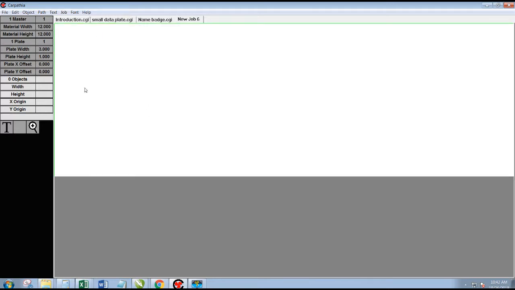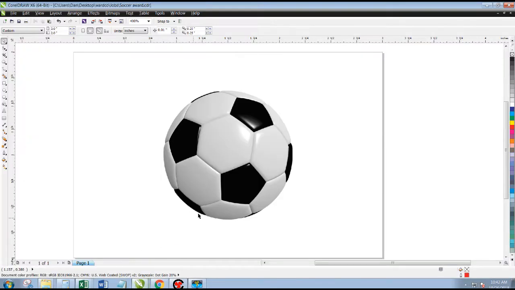So let's say we need an image like a soccer ball for this award. So we cannot directly import bitmaps or graphics, and we cannot create any graphics at this time. So we depend on other programs to print to our software. So we've made this a very easy process. So let's say in this case we want a soccer ball. Here I have a soccer ball that I just copied off of the internet from a Google photo search, dropped it into CorelDRAW. So I will take this, File,